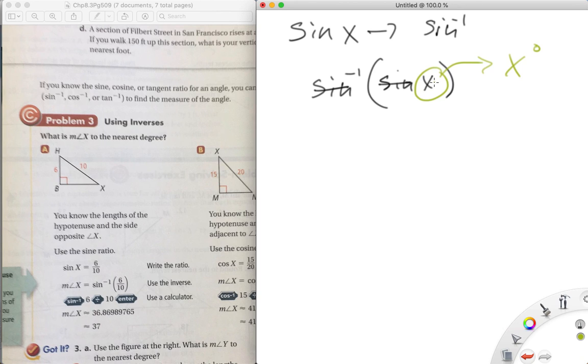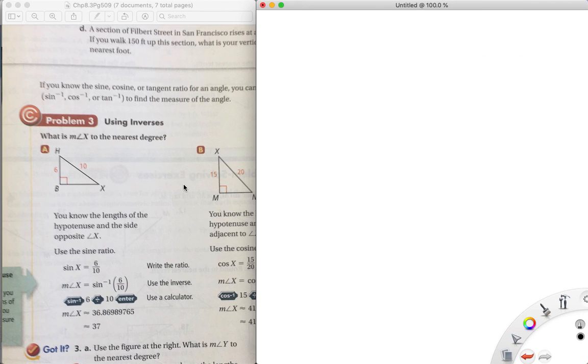So we use inverse of sine, cosine, and tangent. So that's inverse sine. We have inverse of cosine, and we have inverse of tangent, and they cancel each other out. These are the inverses of sine, cosine, and tangent, and we write them as such. So if I wanted to find an angle,